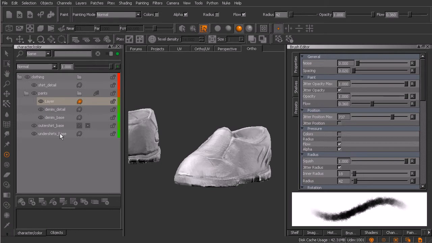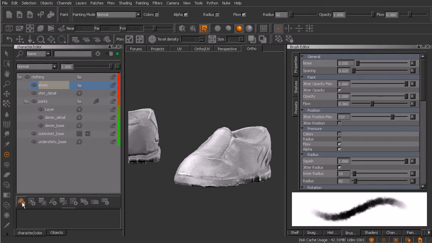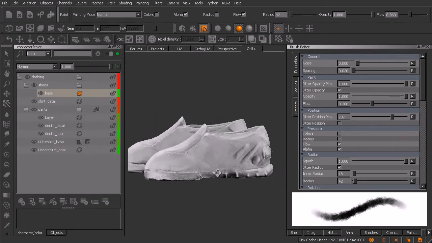And the first thing I'd like to do is come over to our clothing group. Let's create a new group. I'll double click on that, and we're going to call this one Shoes. And we'll start with a new layer for paint. We'll call it Base. I'll drag that into my Shoes group. There we go, fantastic. So with that in place, we're ready to begin laying down our base